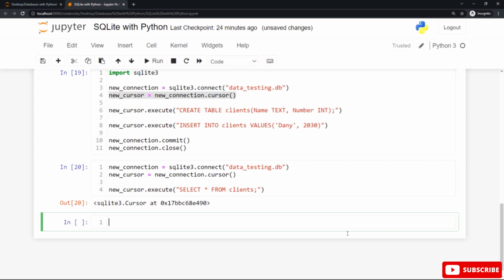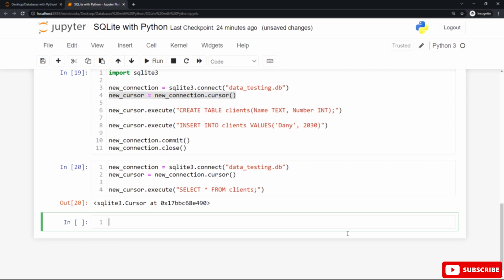After that, we need to select all the data from the clients table from this database. So use the variable name that refers to this cursor, new cursor, followed by the dot notation followed by the execute function to execute the select statement to select all the information from the clients table. This statement, as you can see, is the select statement followed by the asterisk symbol. The asterisk symbol is used to select all the data from this table called clients. So use the from keyword after the asterisk symbol followed by the name of the table and a semicolon to mark the end of this statement.